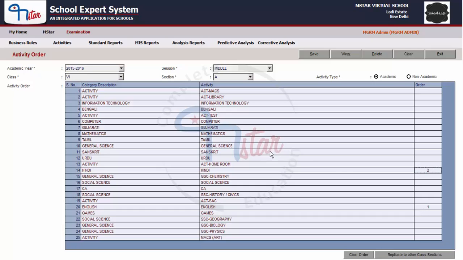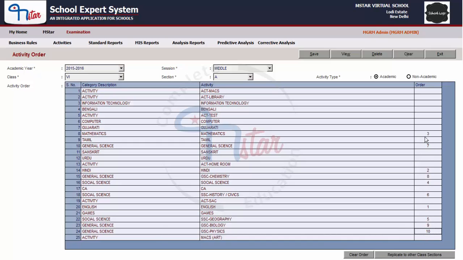And similarly, repeat the steps for other subjects. As you keep clicking on various subjects, the sequence will start getting maintained. So we have selected English, we have done Hindi, and we have now done mathematics also. After this, let us select social science, and under social science, let's say we have other subjects like geography and history civics. After this, let us select general science, and the subsubjects against general science like chemistry, biology and physics.